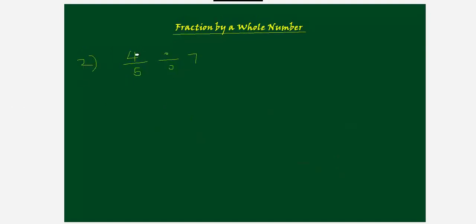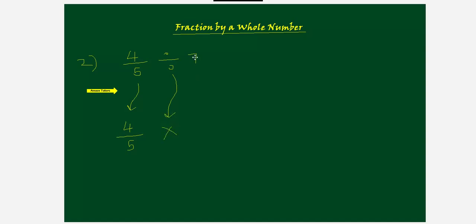Let's look at the next example in which we are dividing a fraction by a whole number. So here, as I already mentioned, you are going to flip only the second number or the second fraction. Divisor. This is the dividend, this is the divisor. But how will you do it? This is a whole number. Same method, keep, change, flip method. Keep the first fraction. Change the sign.